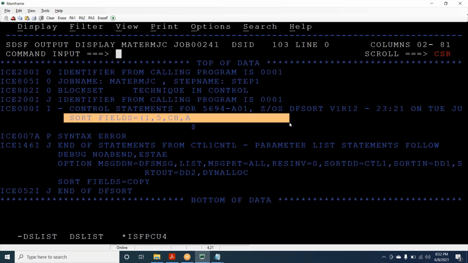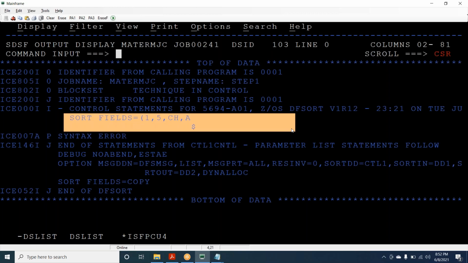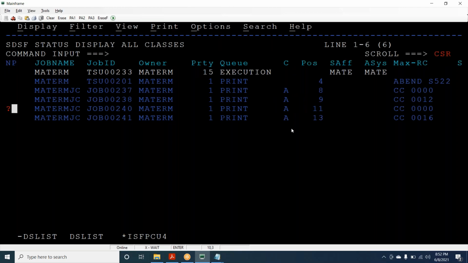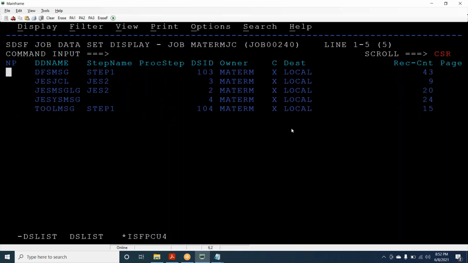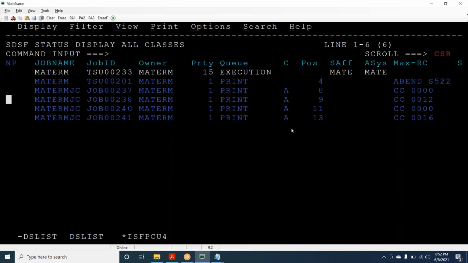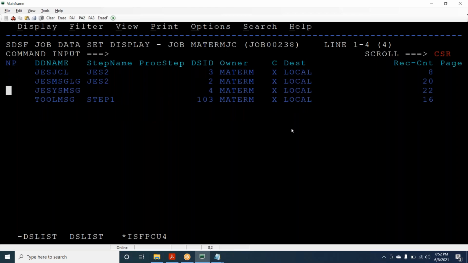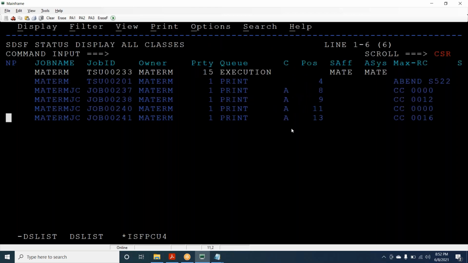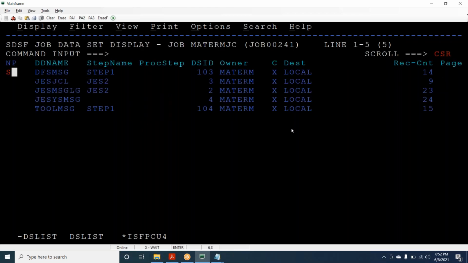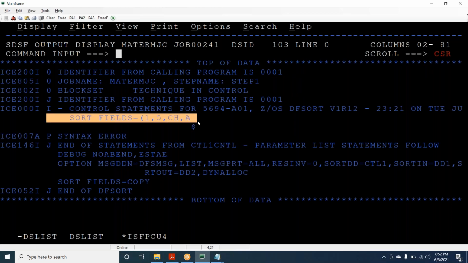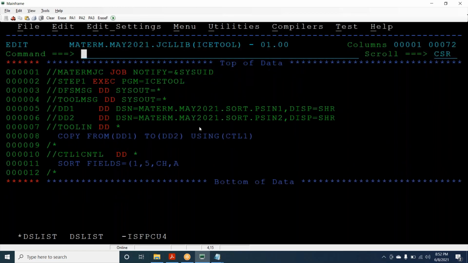Let me see whether in the previous one we have a DFS message. I guess. Yeah, sorry. Earlier when we executed, earlier we don't have. Okay, team. So if there is any error in the control card, it will be like this.